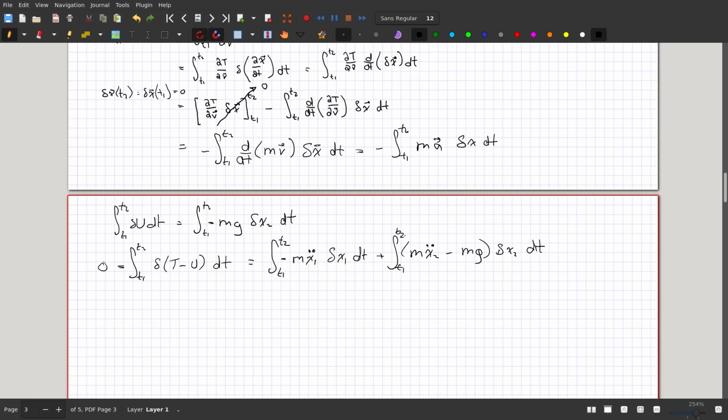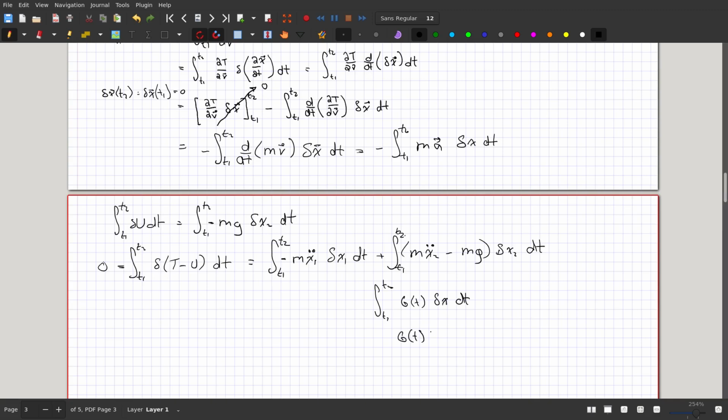We got to this point, and now we're going to use something called the fundamental lemma of the calculus of variations. I talk about it in the lecture, but basically what that just says is that if you have a function, say g of t times del x dt, then,